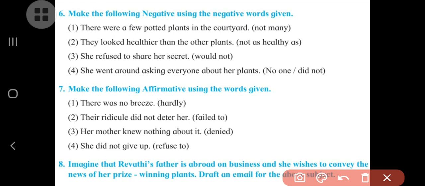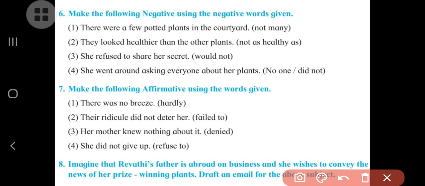It means a few and not many convey the same meaning, but the given sentence is affirmative, which is conveying the positive meaning, while when we use not many, it conveys the same kind of meaning but it becomes automatically negative as we are replacing a few by not many. Understood? Now let's see the second one.